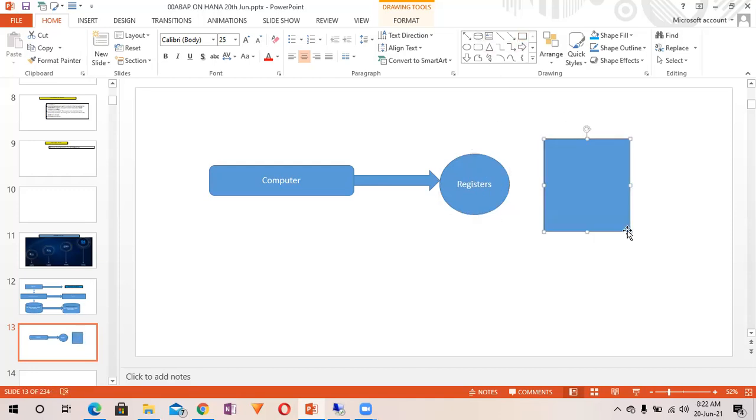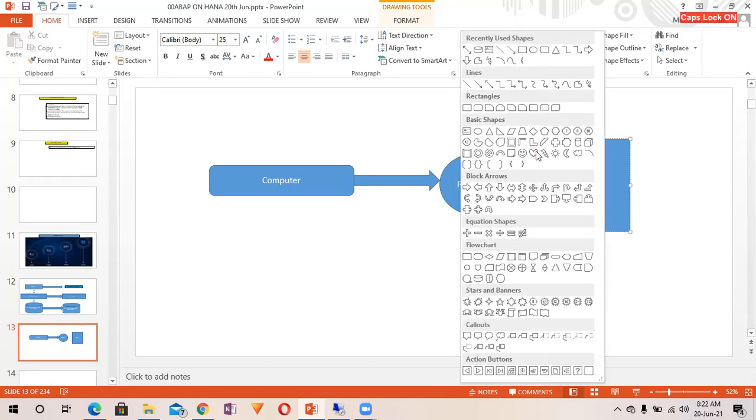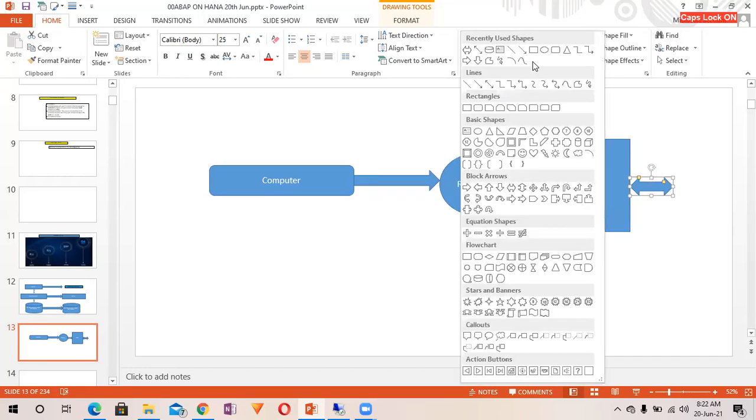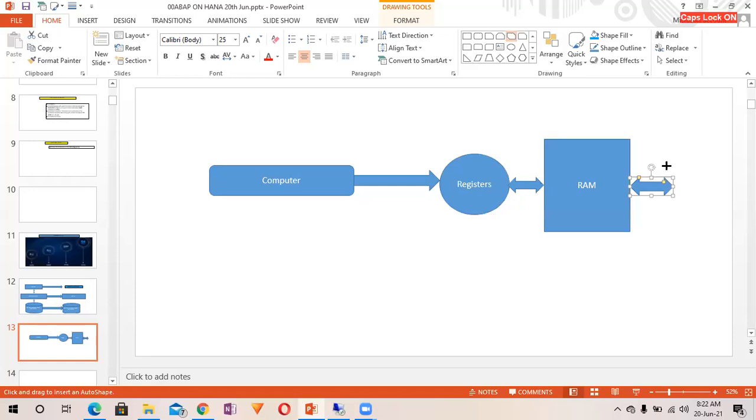So this is our RAM, and this is how the communication happens. This RAM gets the data, if it requires, from the hard disk. So here we have the hard disk.